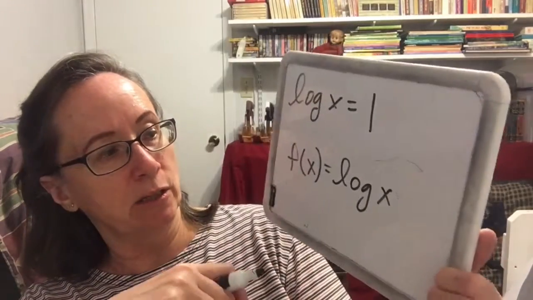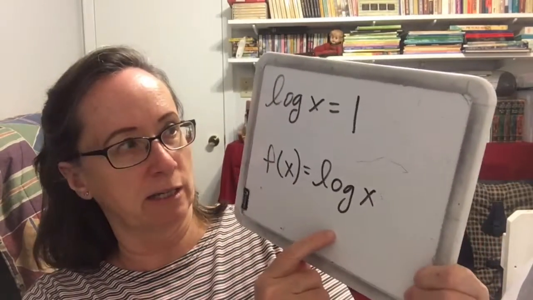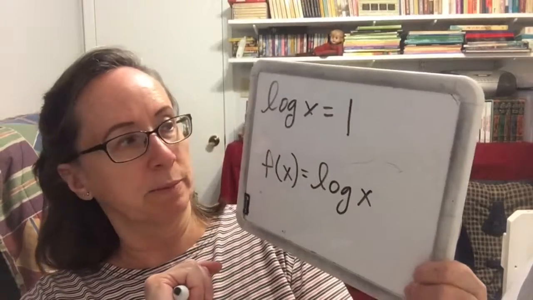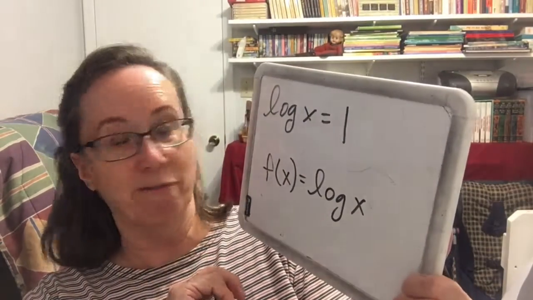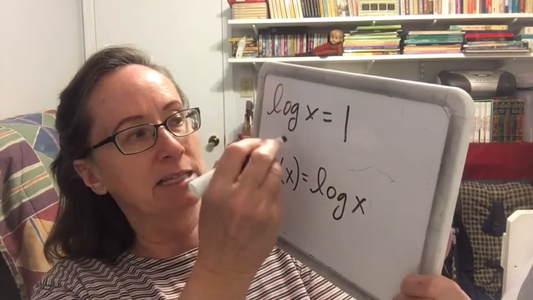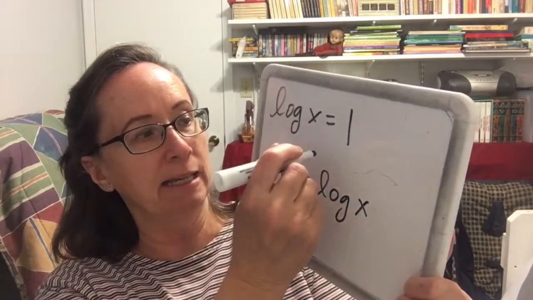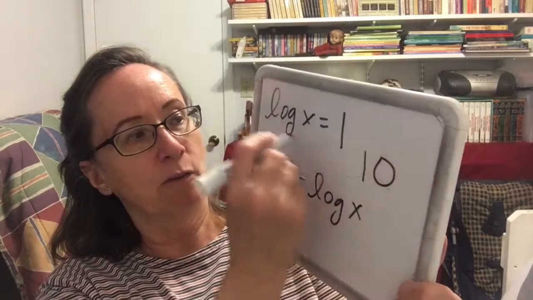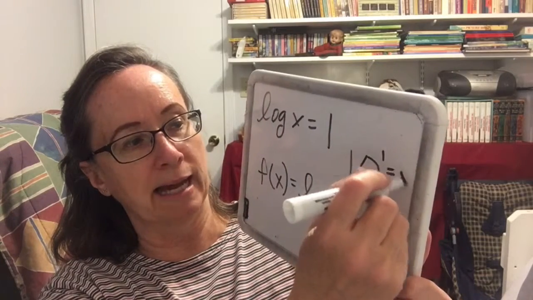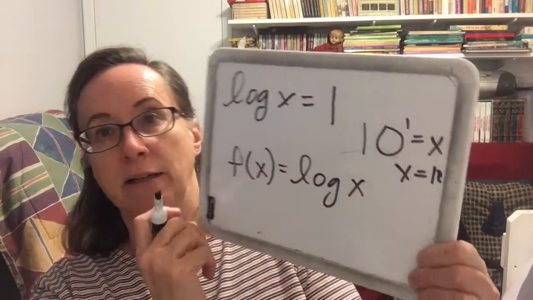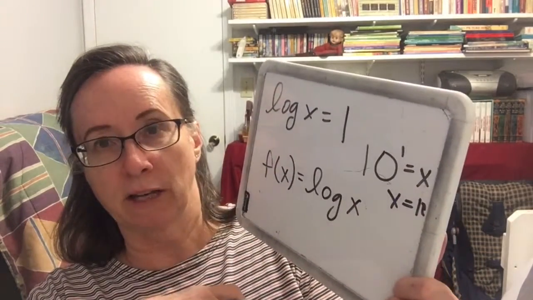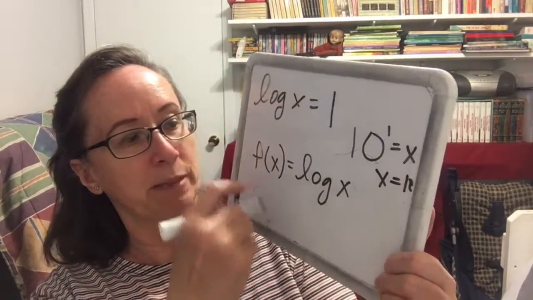They want us to use this function to solve this problem. So basically, I'm not going to do what I normally would do. The fastest thing is to realize this is a base 10 and say, well, 10 raised to the 1 power is x, so x must be 10. That would be using the knowledge of the logarithm to solve it,